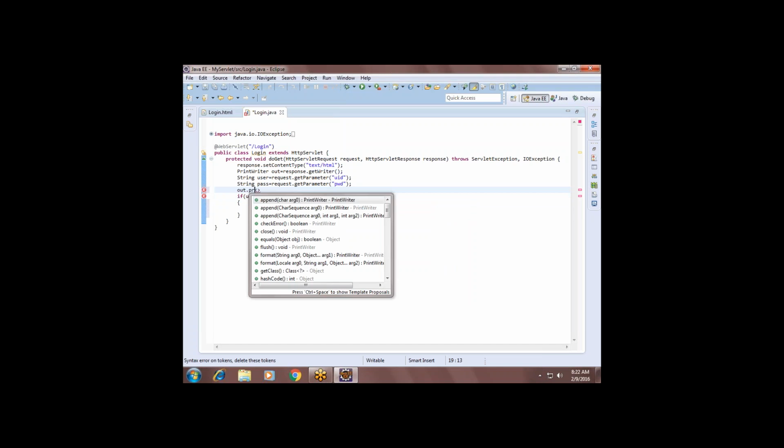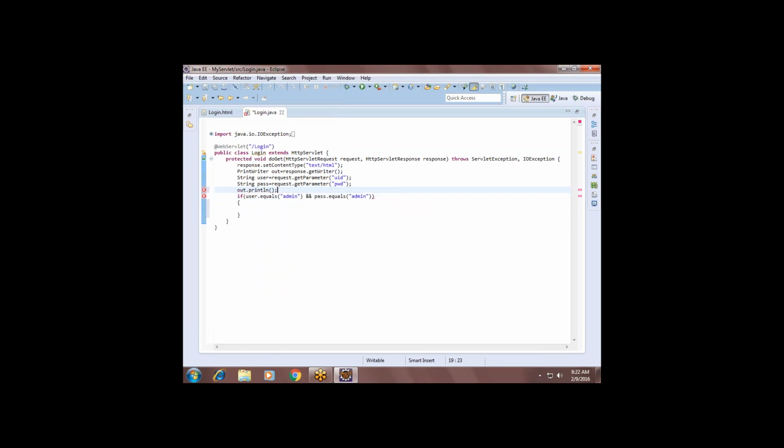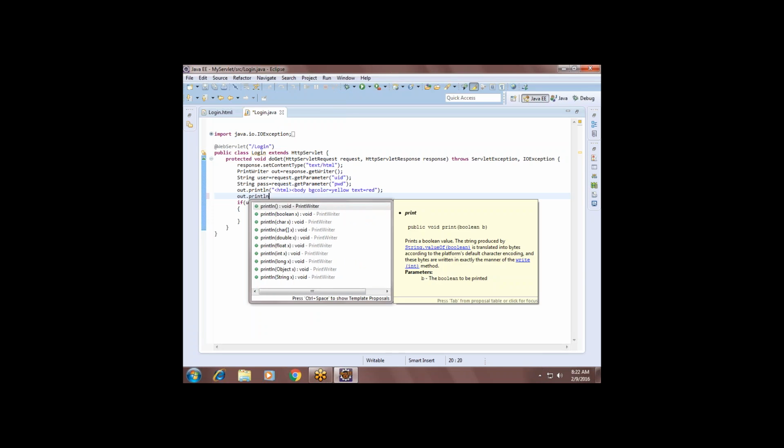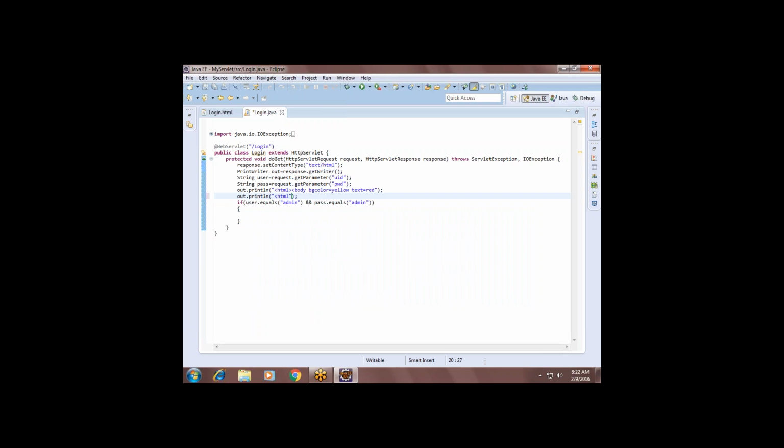See out.println, HTML, body bgcolor equals red, text equals yellow, out.println HTML, center, so the message will display in the center, and also we can make basefont size equals 7. So I'm making a big font size.